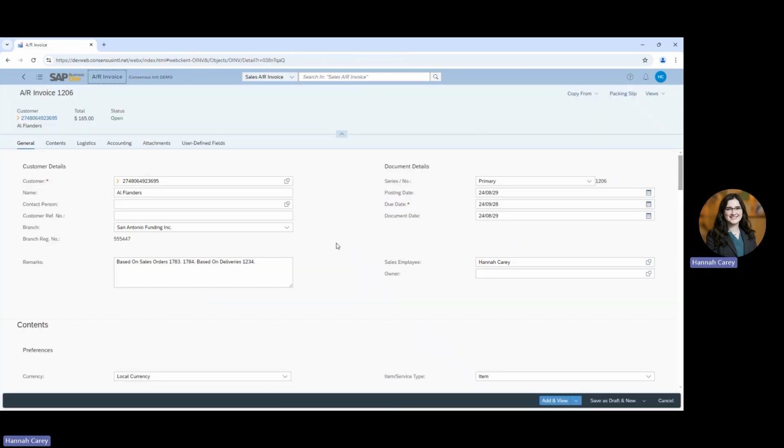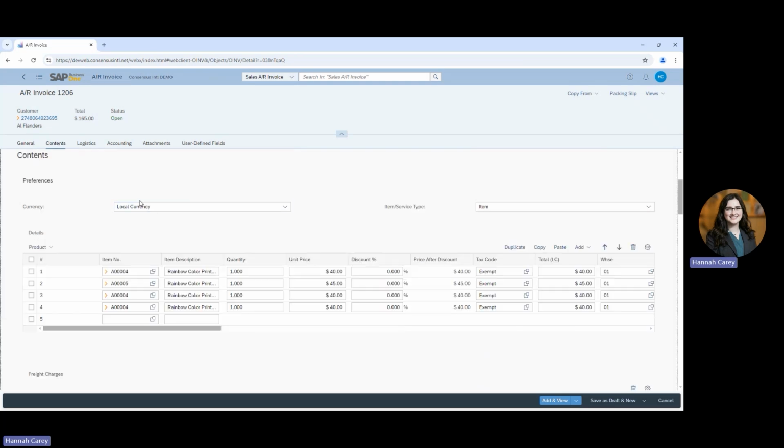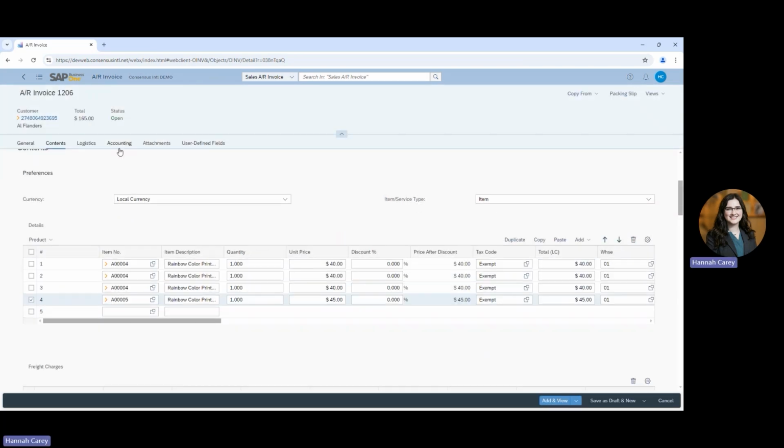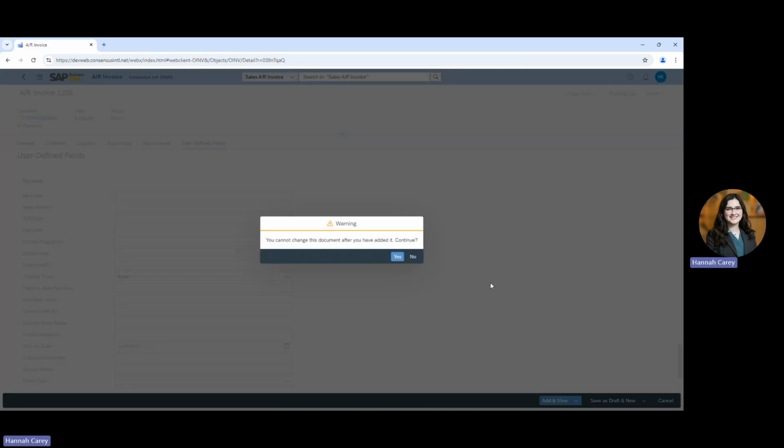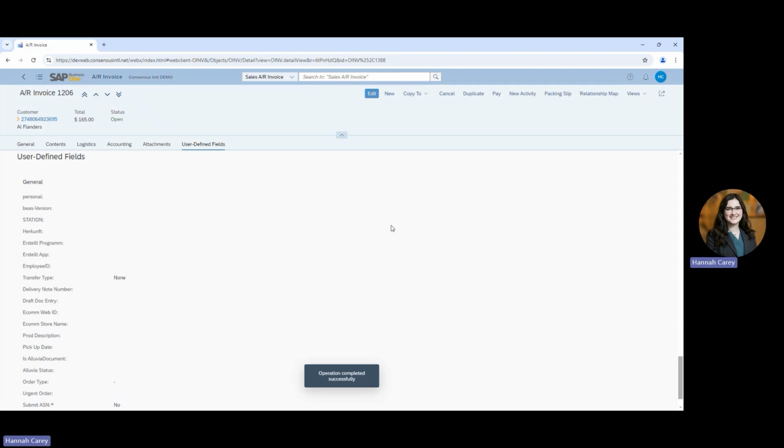Since this document cannot be edited once added, let's do a thorough run through and make sure everything is correct. One area for improvement I see is aesthetically, I think this item would look better moved to the very bottom when we print out this layout or email it to the customer. Let's continue on. Once everything is confirmed, we can add and view, keeping it open, saying yes to the prompt, and our document is now successfully added, and it's in open status, and it will remain there until the incoming